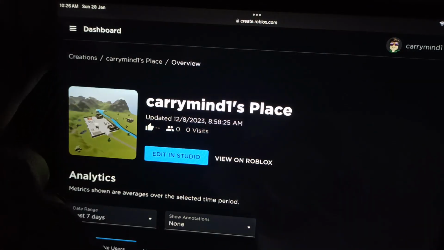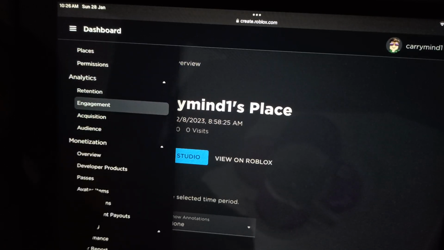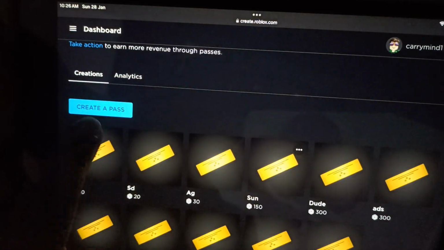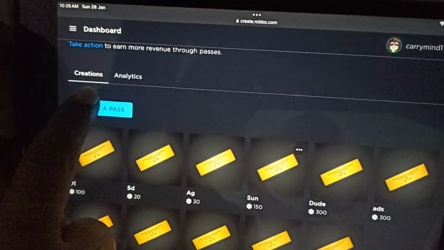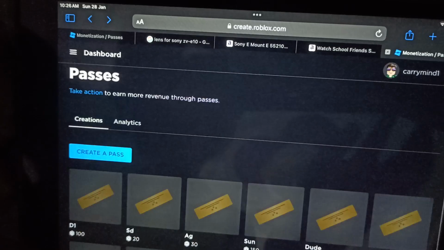Experience and tap on the menu button again, the three dots, and just scroll down, and under Monetization you will see this Passes option here. And just guys, you have to tap on this Create a Pass button to create your own game pass. Enter the name, description, and after that you have to tap on this Create a Pass button. Once you created your own game pass, you just need to tap on the new game pass that